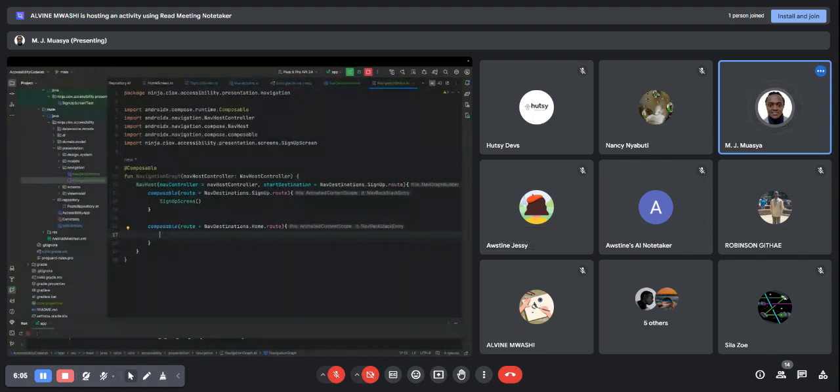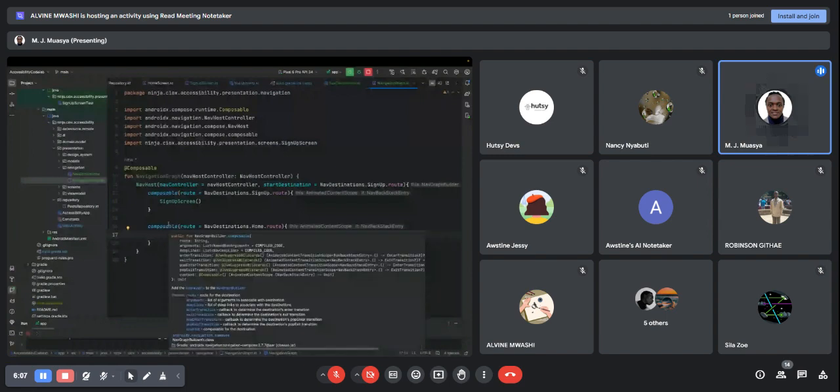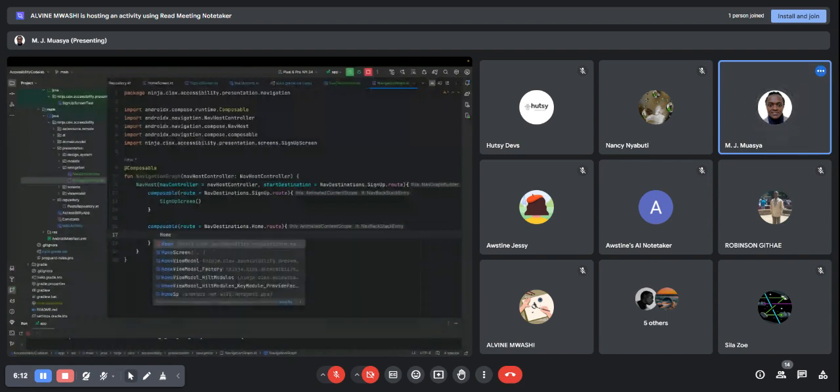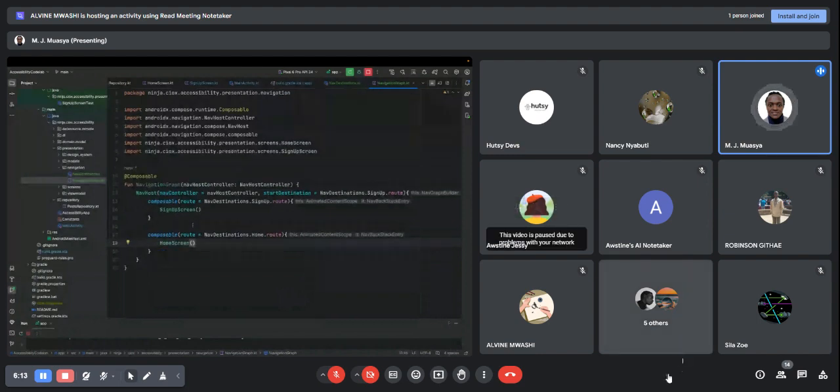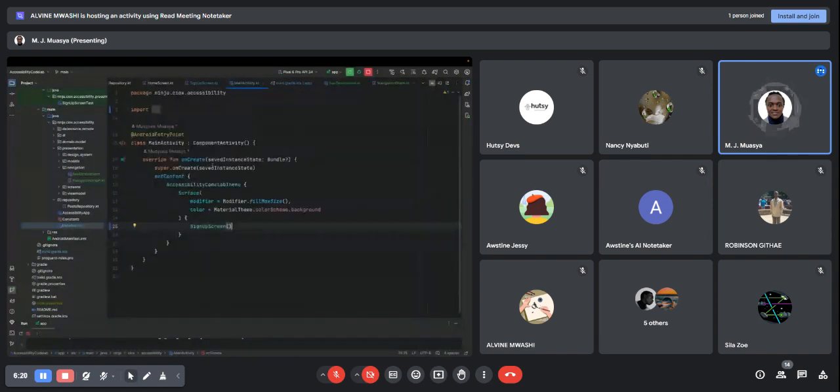Okay, the reason we're doing this, we need to be able to click on something on sign up, it will be like okay, and we test that. We should be able to test something like that. That's how we're doing this. So we do home screen. And yeah, so to set up that, we go to main activity, you just